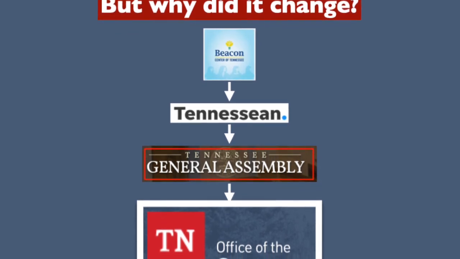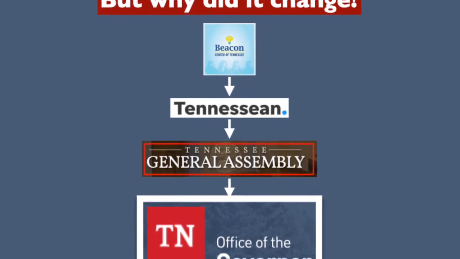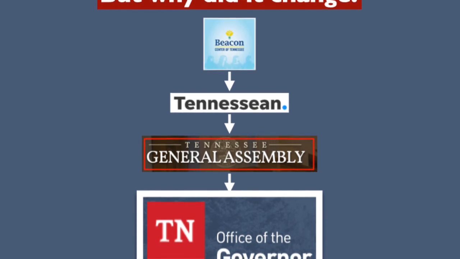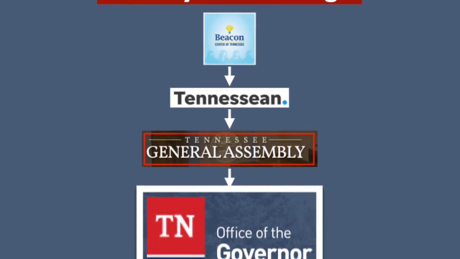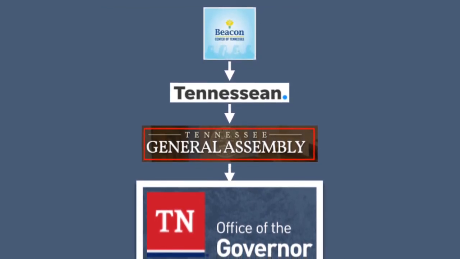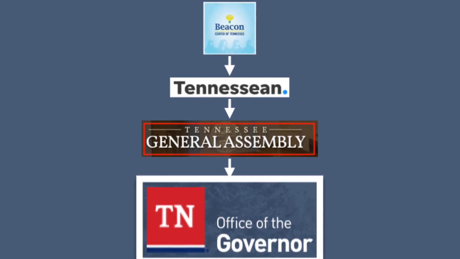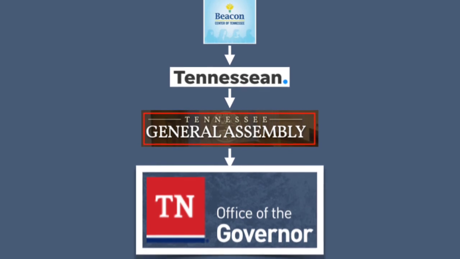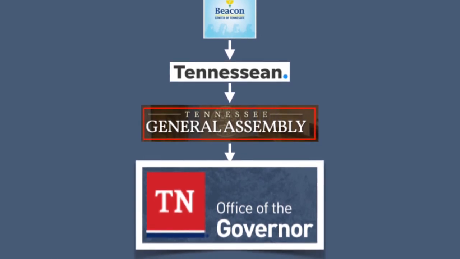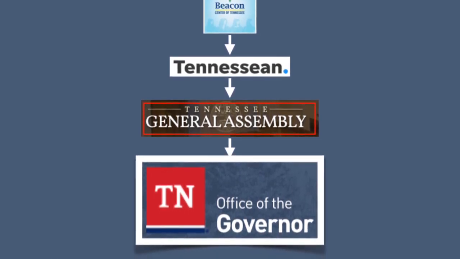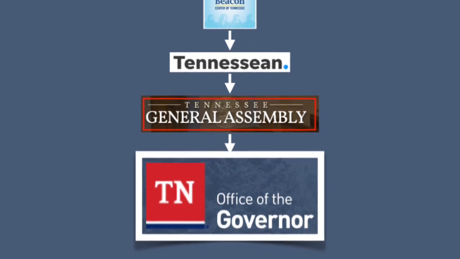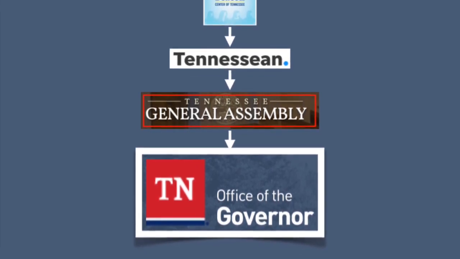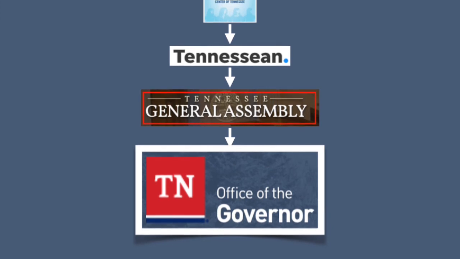The General Assembly decided to do something about that. Someone introduced bills in the House and the Senate to try to address these issues and to try to more wisely use that block grant funding through TANF. Those bills eventually, after going through several committees, being amended, made it to the House and Senate floors and were passed unanimously in both bodies of the General Assembly, and eventually it was signed into law by the governor. That's how policy change happens.